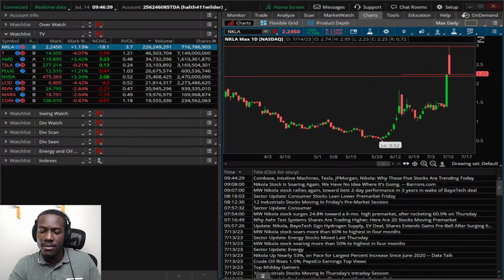PFRX halted going down. That's the only thing about Nikola that I don't like. Seeing a little bit of green off the bottom down here. Holding above 350. Do I want to give this a try? Nope. Weak catalyst, all of that behind it. Weak volume. Because I don't want to get into something and hope volume shows up. I want to see volume already be there and then capitalize on the movement of that volume.